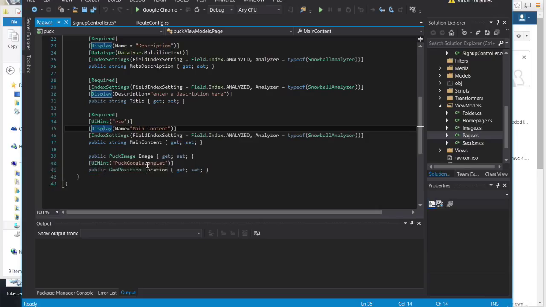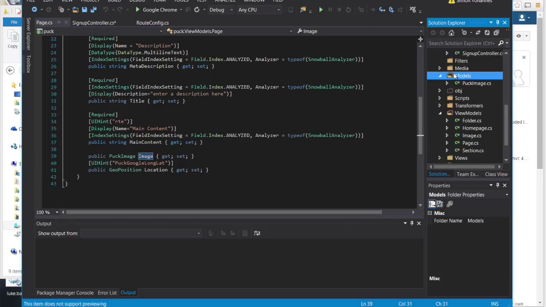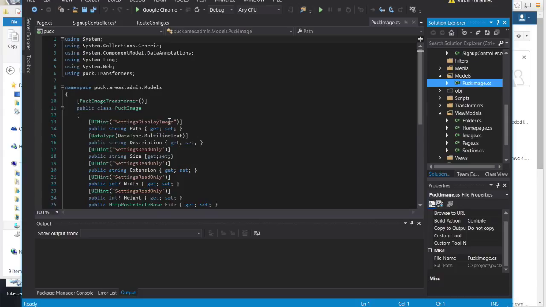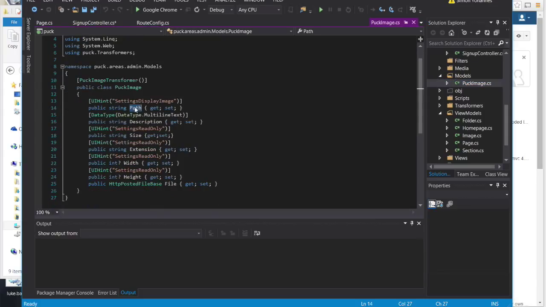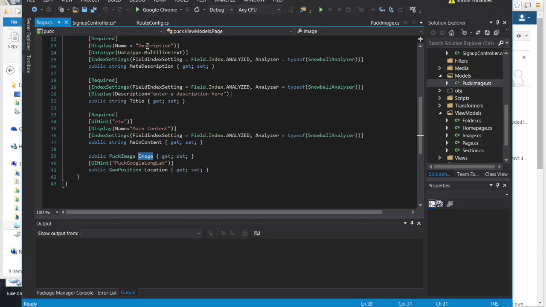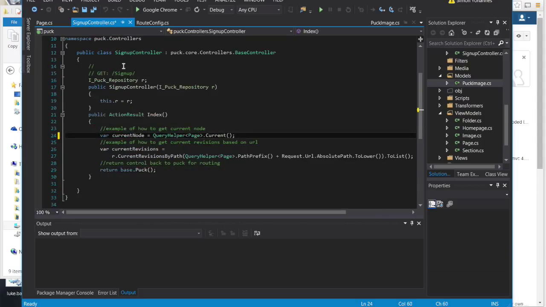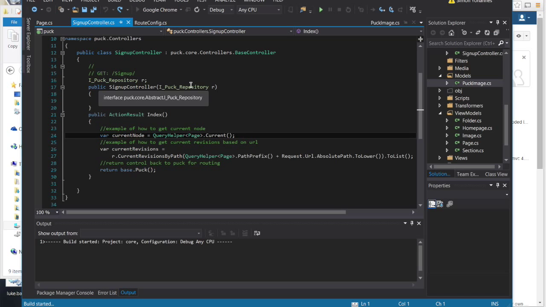And here you've got Puck image, which really is just a complex type that you set up, and an image will have path, description, size, extension, width, height, and the HTTP posted file. And of course, it could have anything you want in there. So we undo these changes, and if I just run this,